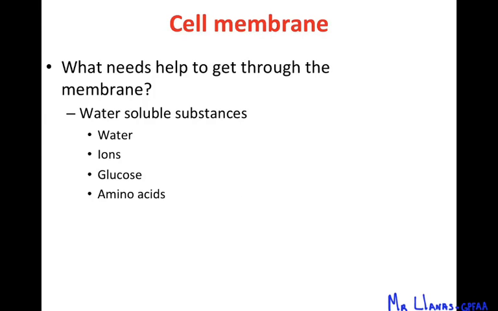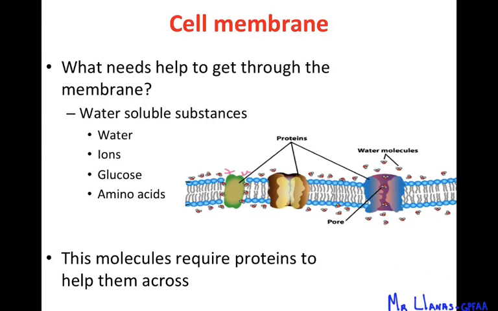easy. Some of them actually need help, and these substances are called water-soluble substances. Okay, water, ions, glucose, which is sugar. Remember, glucose is a carbohydrate. Also, amino acids, which are the monomers of proteins. Okay, so water soluble, meaning they dissolve in water, they can mix with water but not oil. These substances need a little help, and the molecules that help these molecules go through are proteins. Okay, and you can see in the picture there's pore proteins and different types of proteins that we'll talk about,